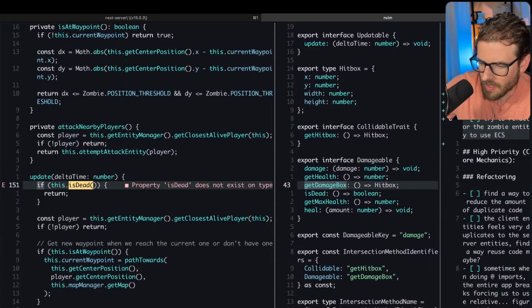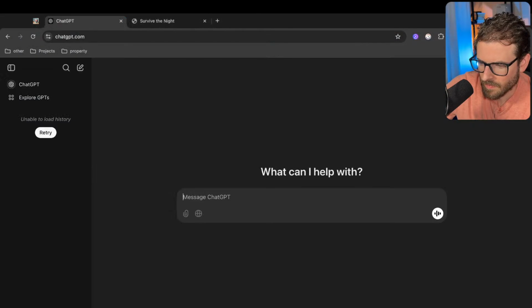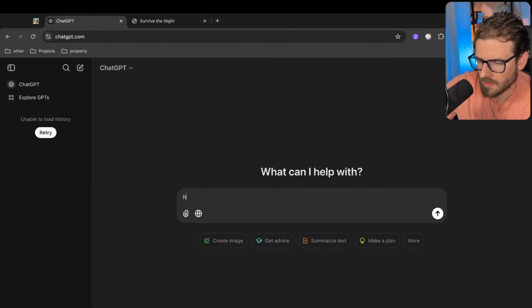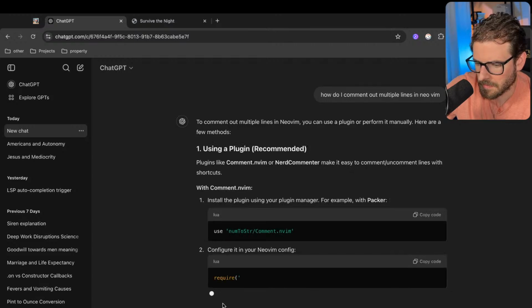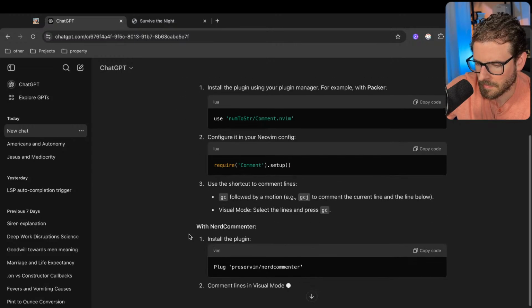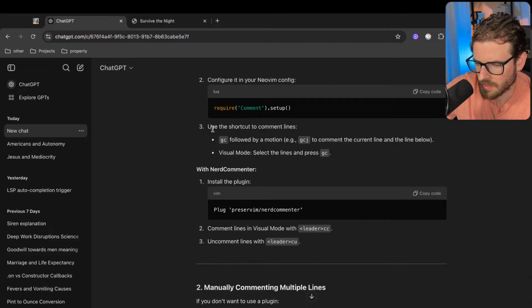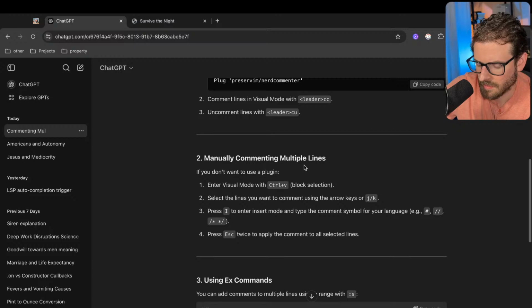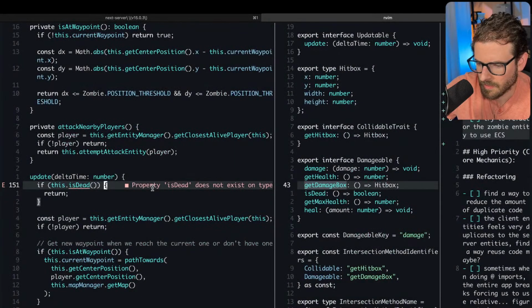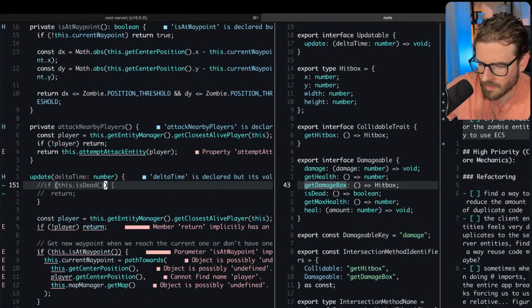I don't know how to comment 3 lines out in Neovim. How do I comment out multiple lines in Neovim? Do I have to select 3 lines and then do a GC? Ah, okay.